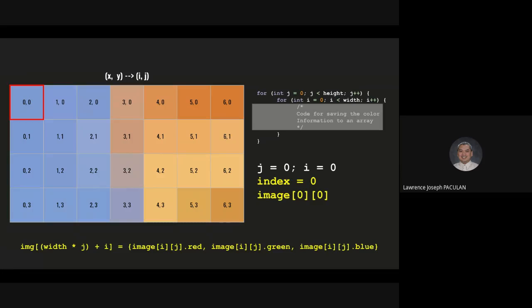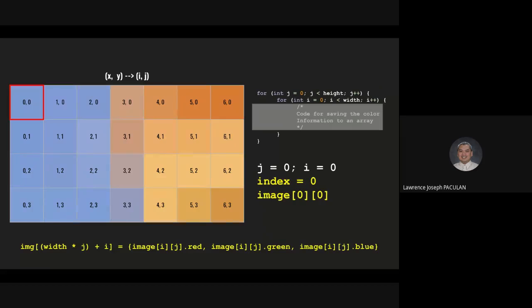It will look something like this: img, sorry, the img means that's the name of the array, and then the index for it will be using the index formula that we learned about in part 2, and then just putting the information,